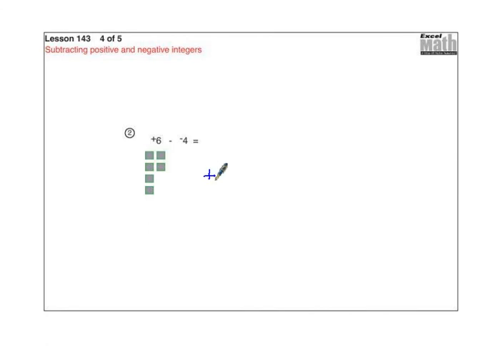Okay, so you should have had, I'm going to write it out here to make it a little bit larger. First, I'm going to scribble out this positive sign. Circle this, and then these 2 negative signs combine together to make a positive sign. So now I've got 6 with basically no sign before it, which means it's positive, or dogs. 4 with no sign before it, which means that's positive. So I've got 6 dogs